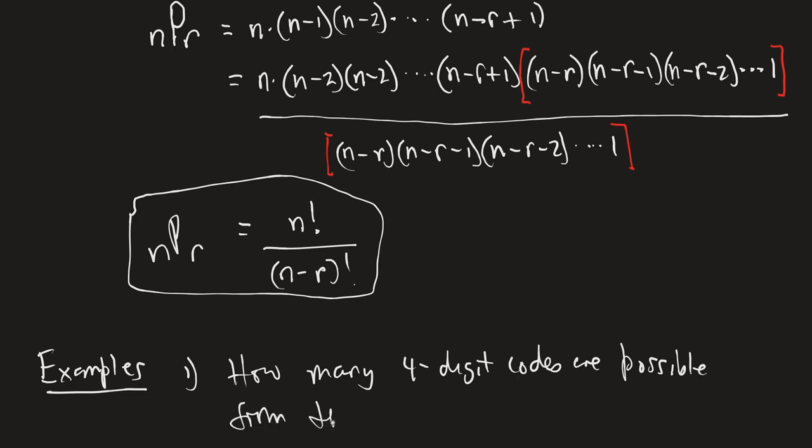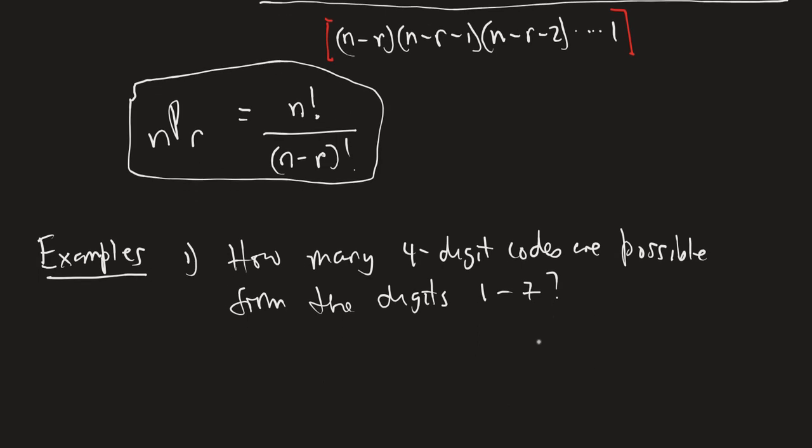From the digits 1 through 7, right? That's essentially what we were doing there. Previously we had 7 digits, and then we were creating all these different codes. So in this case, n is 7 and r is 4. So to answer this question, what we need to compute is